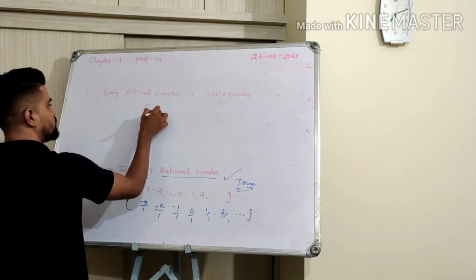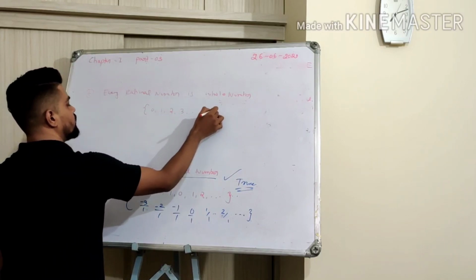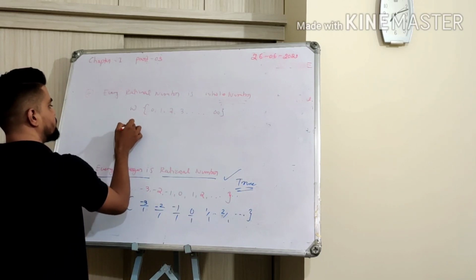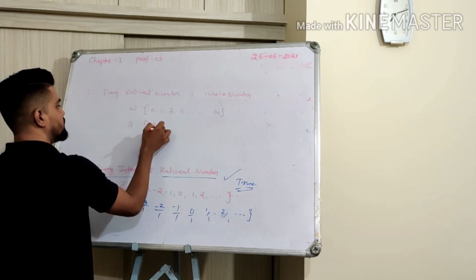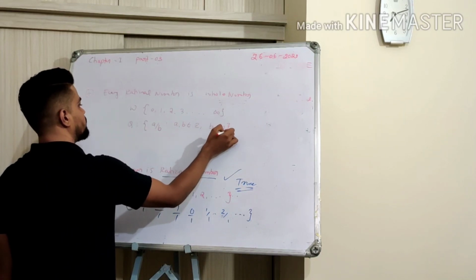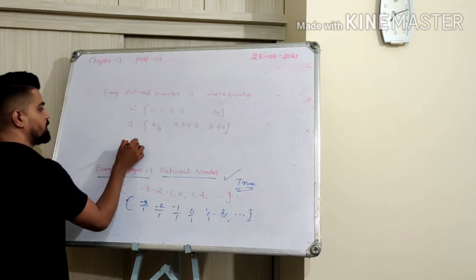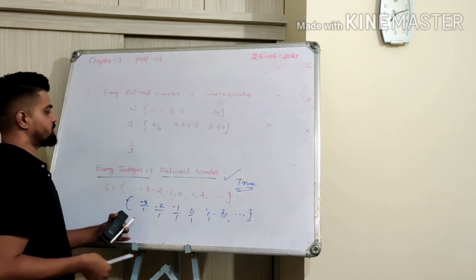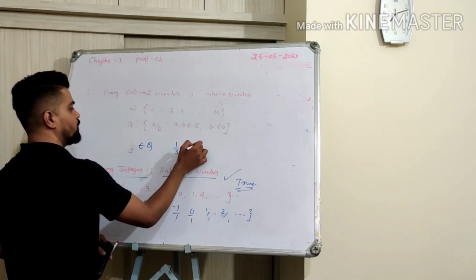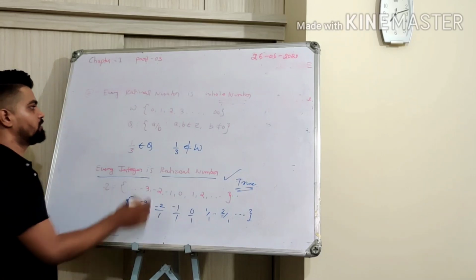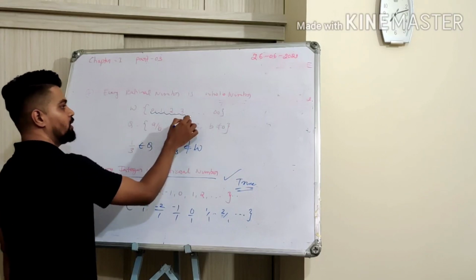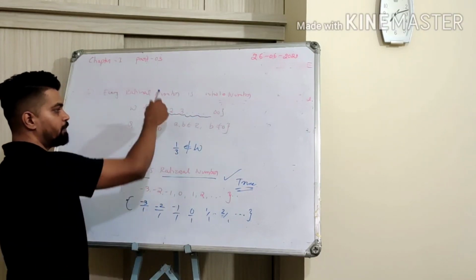Okay. So what are whole numbers? Whole numbers are again 0, 1, 2, 3 till infinity. But rational numbers are the numbers which can be written in the form of A by B, where A and B belong to integers and B is not equal to 0. Okay, let me take this example, 1 by 3. Is 1 by 3 a rational number? Yes, it is a rational number. But is 1 by 3 a whole number? No, it is not a whole number. There are infinite numbers between these whole numbers like 1 by 2, 1 by 3, 3 by 4. All these numbers are not whole numbers, but they lie between the whole numbers.